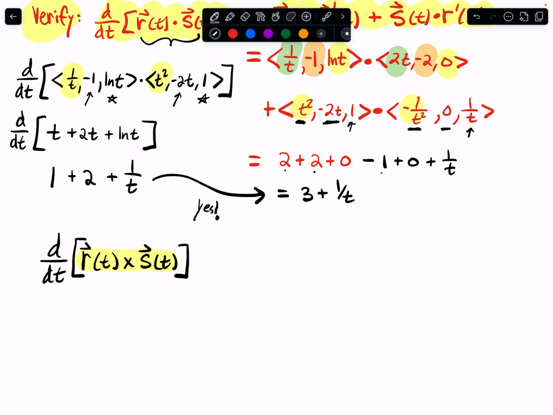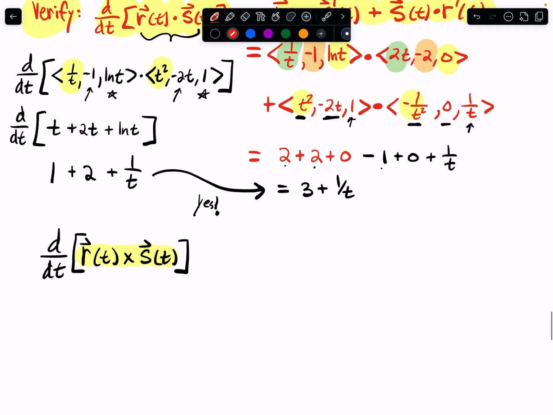That's what I'm thinking. Okay, so remember r of t is what was r? R was 1 over t comma negative 1 comma ln t, and then s was t squared comma negative 2t comma 1. Okay,